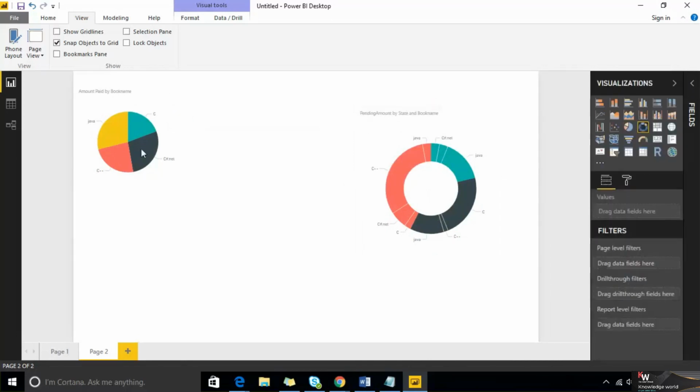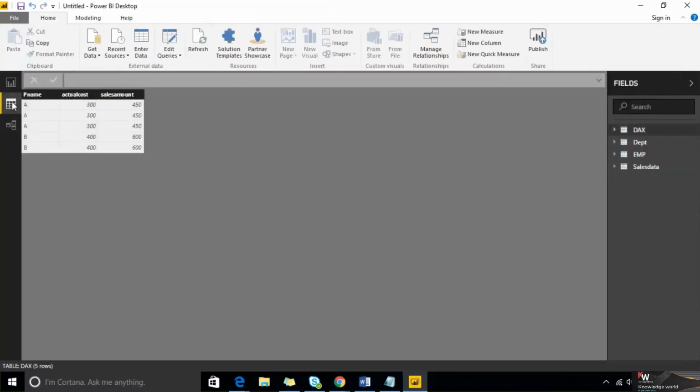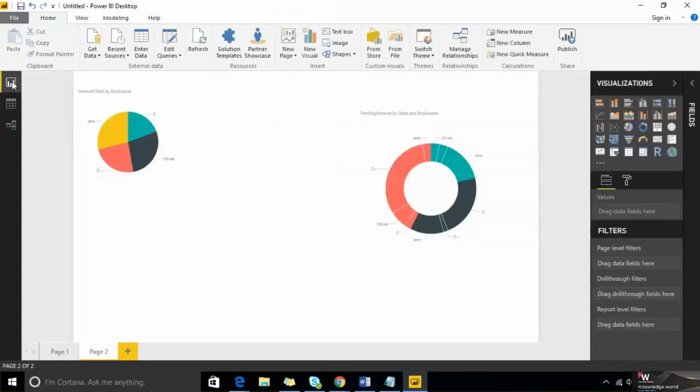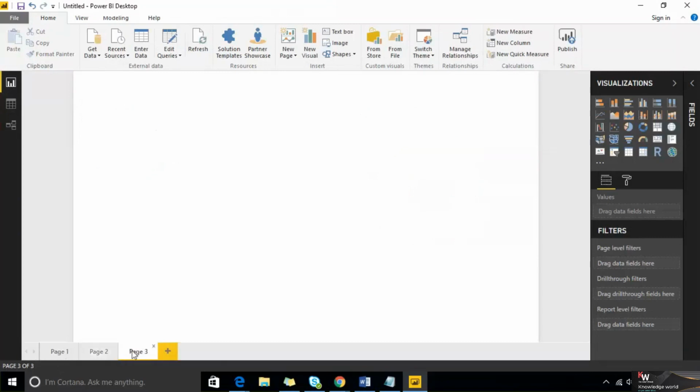And the third one is report. Here you have three tabs: one is report, the second is data view, and the third is relationships. Report is where you can create visualizations. By default, as I said yesterday, you have a Page 1 option, only one page. Based on your requirement, you create multiple pages, and on each page you can create multiple visualizations. So this report view refers to